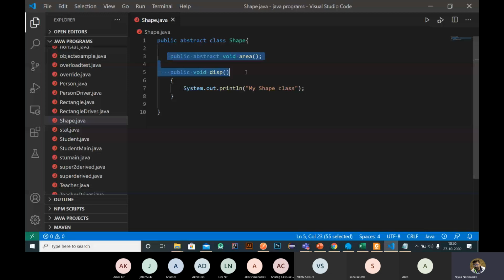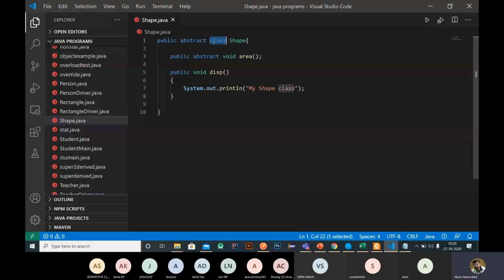So how are we going to use this class? We cannot create an instance of this class. In order to use this abstract class, we need to create another class that inherits properties from it. Then we need to implement and complete this method. Only then can we use the abstract class properly. That is, any class that inherits from an abstract class must complete all the abstract methods present in that abstract class.